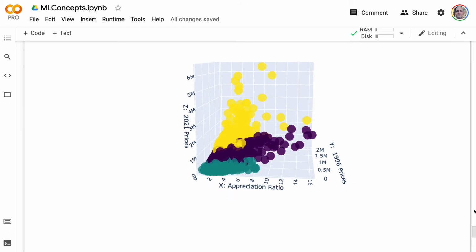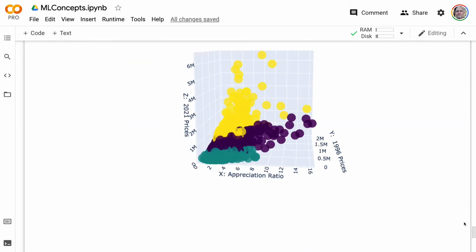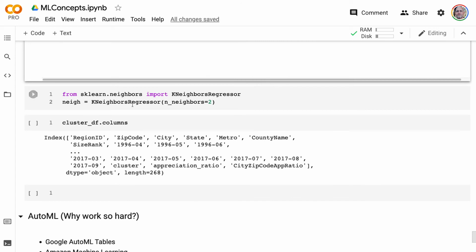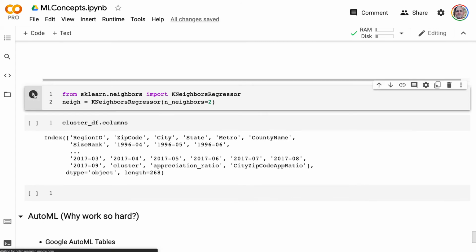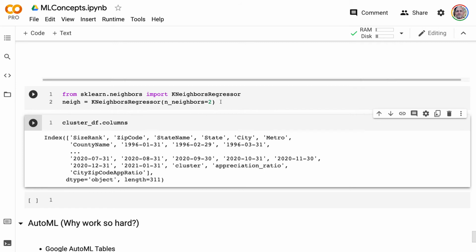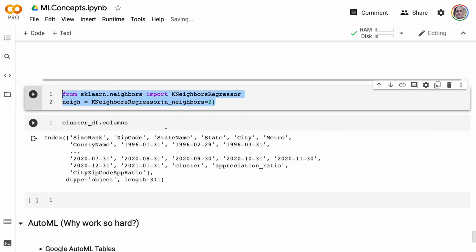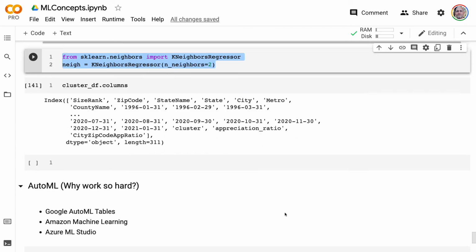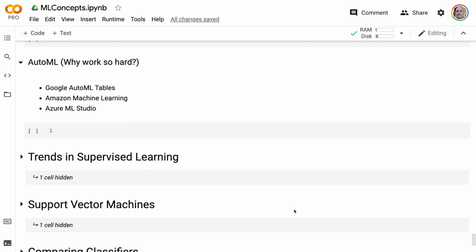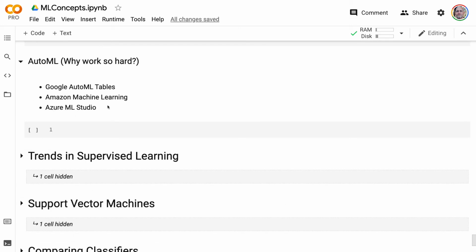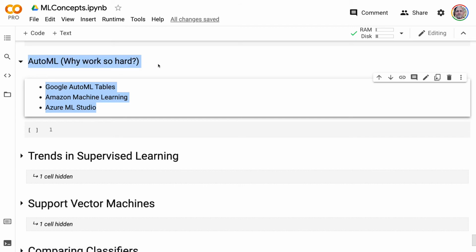So let's go through to the next section here, and let's also look through some other things you could do. You could also then, if you wanted to, try regression. So this is a good data set to play around with and go further and do more stuff if you're interested. So we went through a lot of techniques, but another thing to bring up really quickly here is that